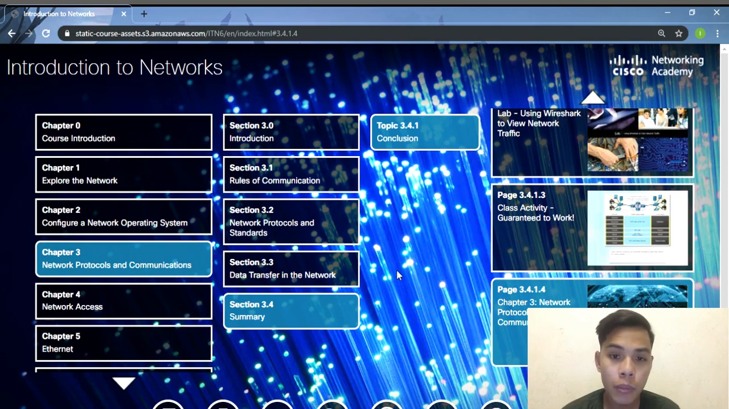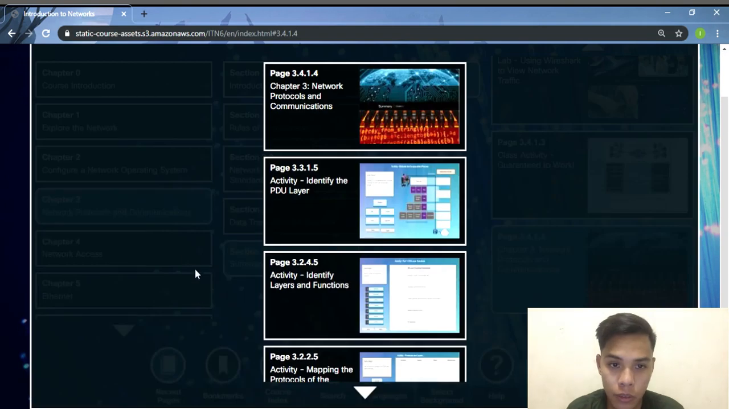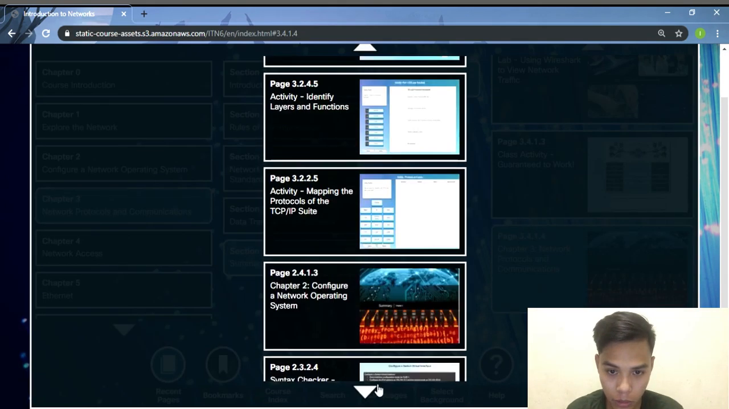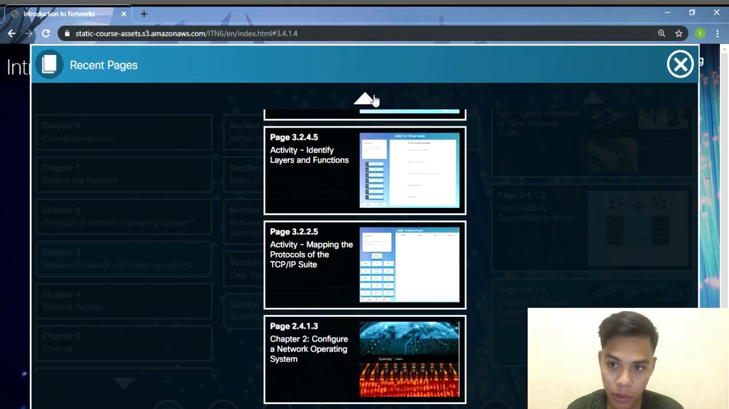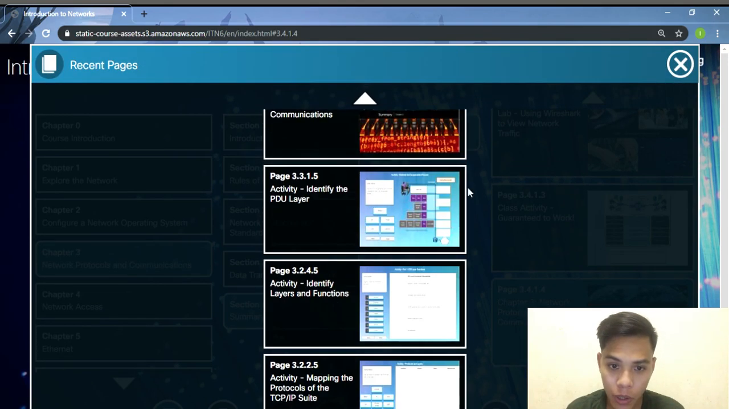And so today I'll be doing another activity in Cisco CCNA Routing and Switching in NetAcad. And we are now in Chapter 3. I'll be doing the activities in Chapter 3. So I think all in all there are 3 activities in Chapter 3. And the 3 activities are